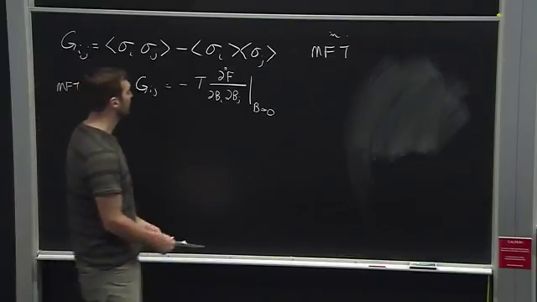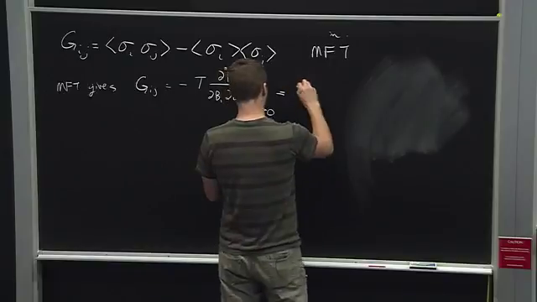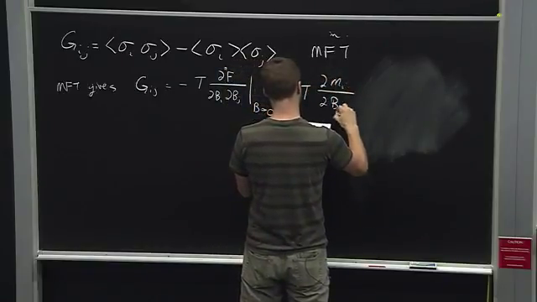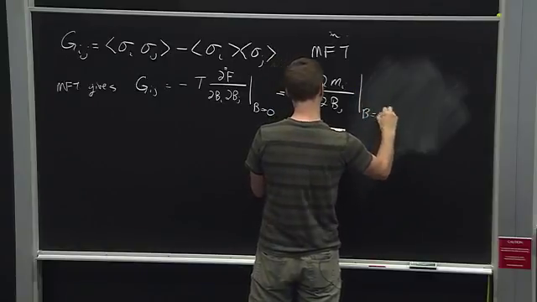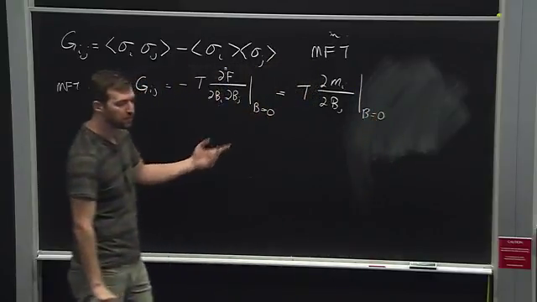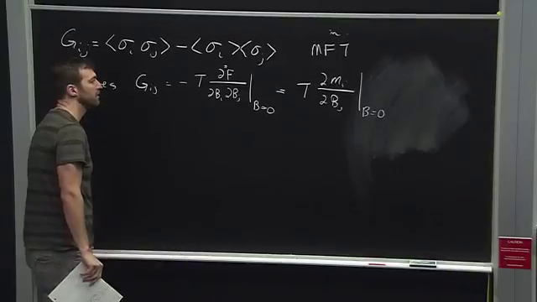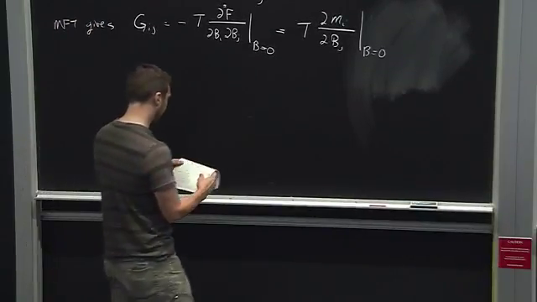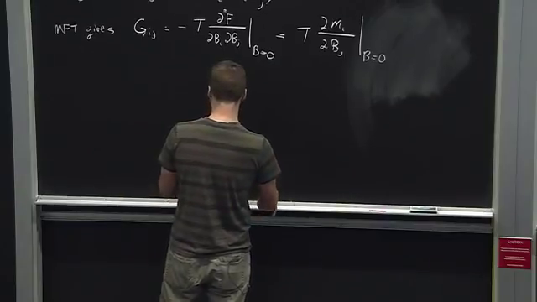So we showed that this is equal to the derivative of the mean field magnetization on site, m_i. And from that we derived something like